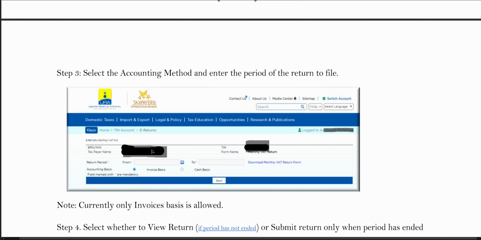For security reasons, it's highlighted. Then you select the return period down here. You also select the accounting method. I know for those who are not conversant with the accounting method, most of us were using the invoice basis